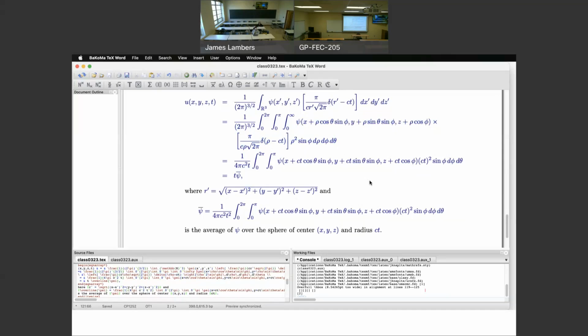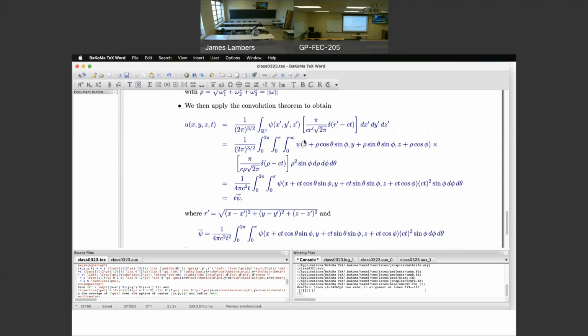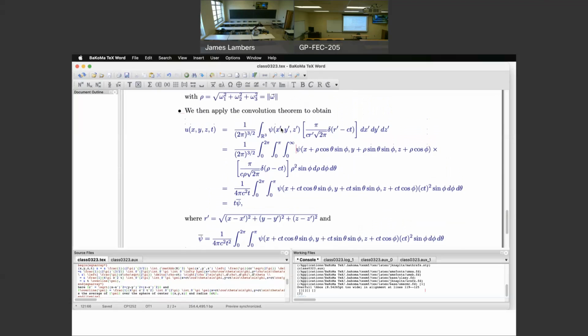All right. Other questions? What's the R prime again? Just you saying that this is what? Oh, okay. So since I'm integrating over all of free space, and my x prime, y prime, z prime are my original variables of integration,